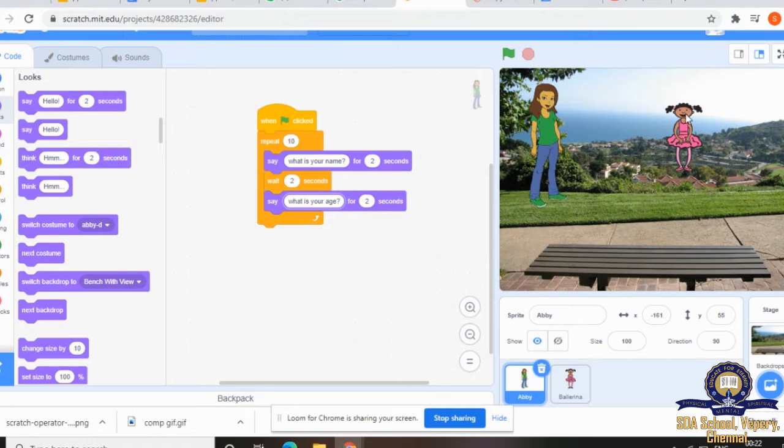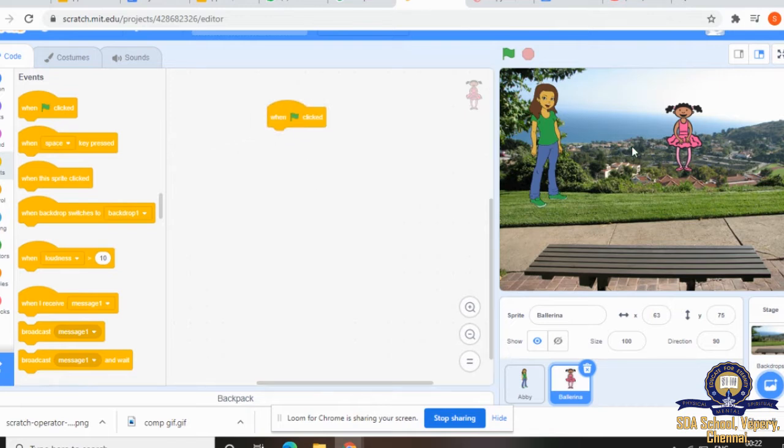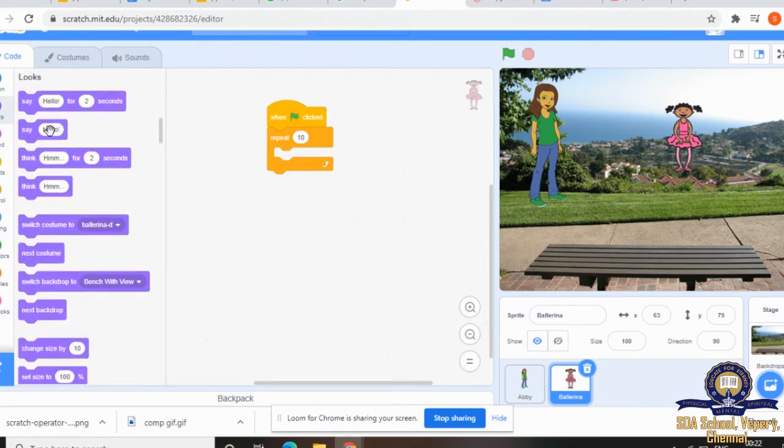Then we'll go to the sprite and create a script for this small girl. Again, when clicked, control, repeat, then looks, "my name is Sumaya."